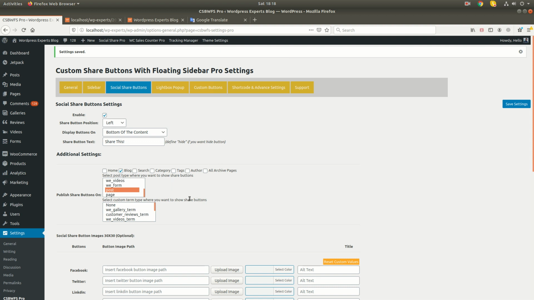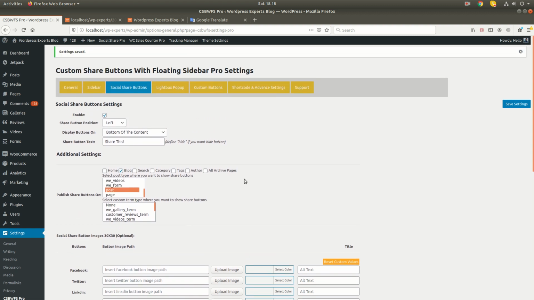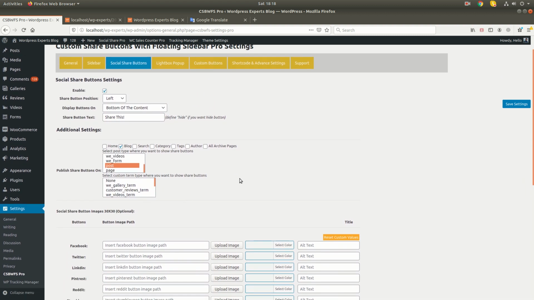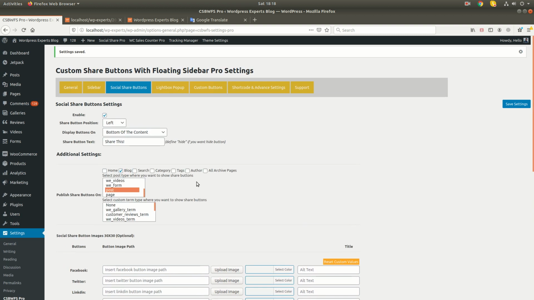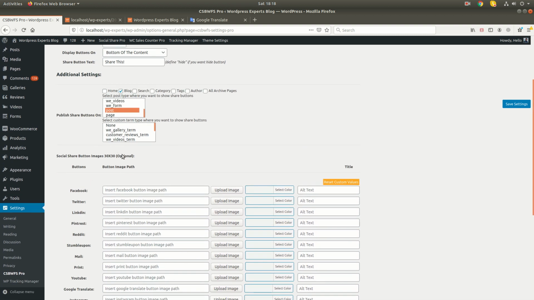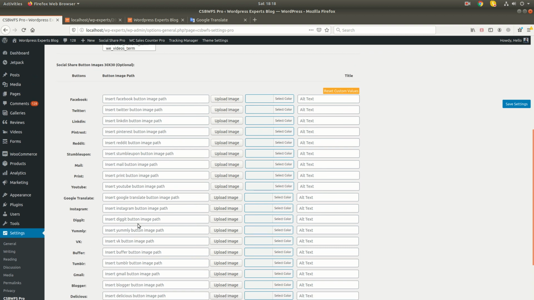Okay, so let me explain. These are the settings, and in the same way you can use the Facebook button, alt button here.